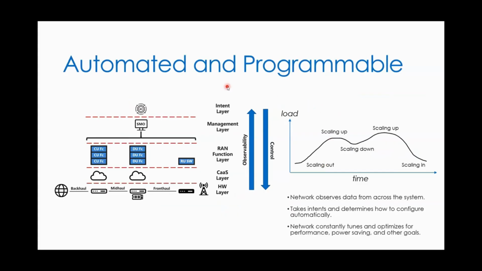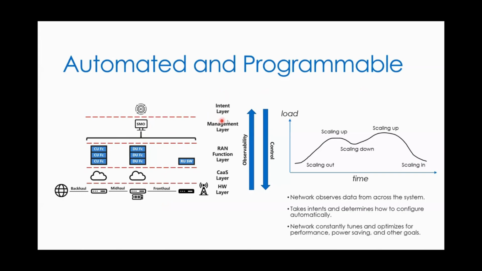So, automated and programmable. One of the big topics going on right now in the wireless and RAN space is moving to more automated networks, and you're starting to hear the term programmable. So what that means is, we've been shifting more to this horizontal model, and it's trying to automate the network such that it tunes itself to a particular goal. And the idea of programmable is that I'm able to give the system instructions of what I want it to do, and it's going to go and carry that out.